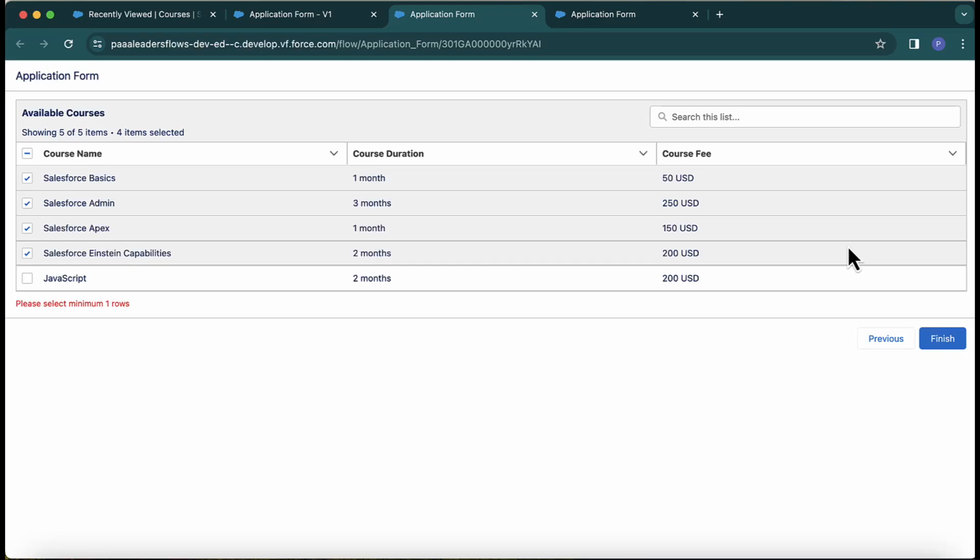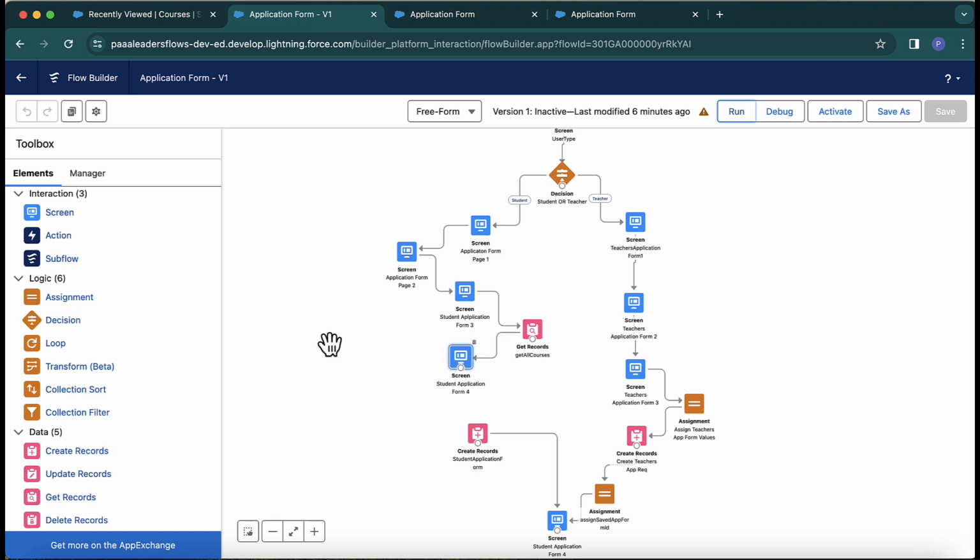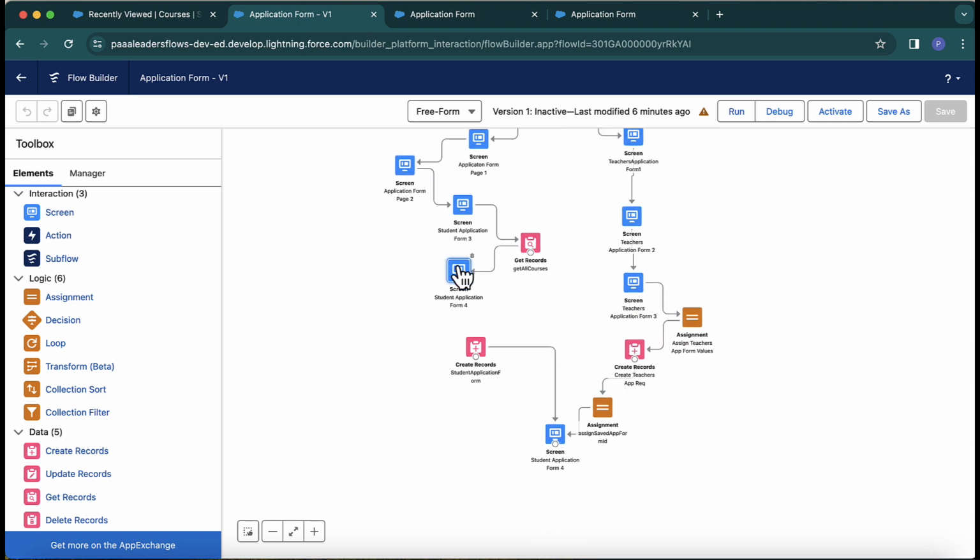Now let us say I want to display my selected courses in a separate table. As soon as I select or unselect, that table should get updated. So it will come out of the reactive feature only. And so if I go back to the application form page, application form flow, here in this screen only, let's